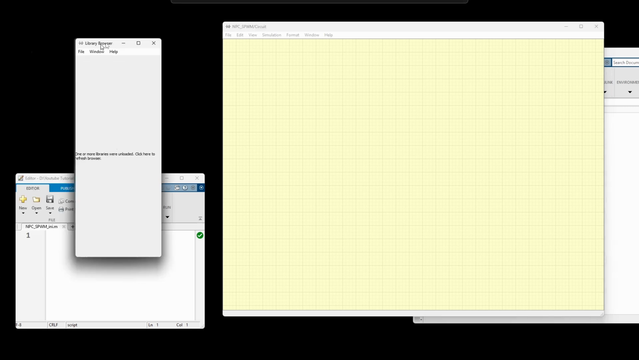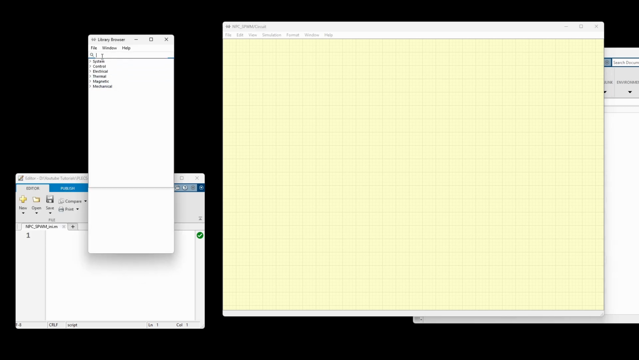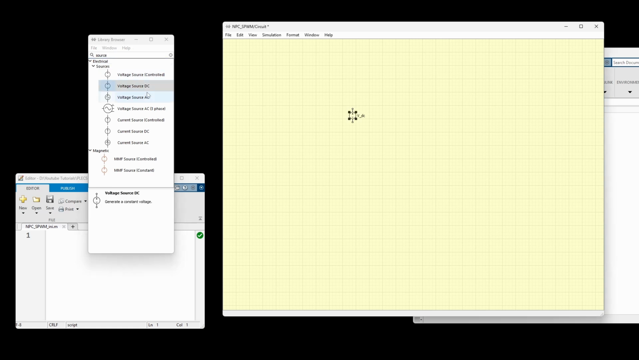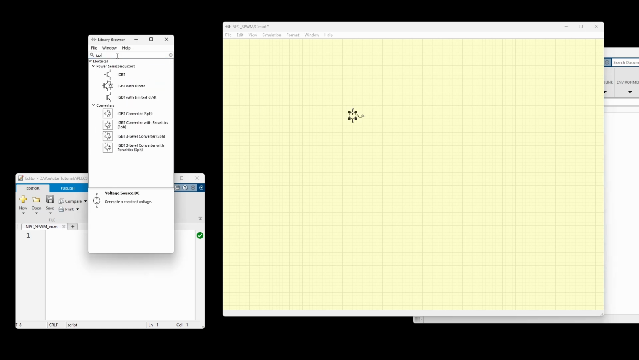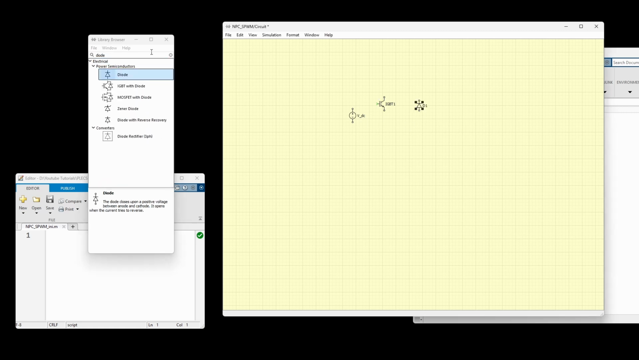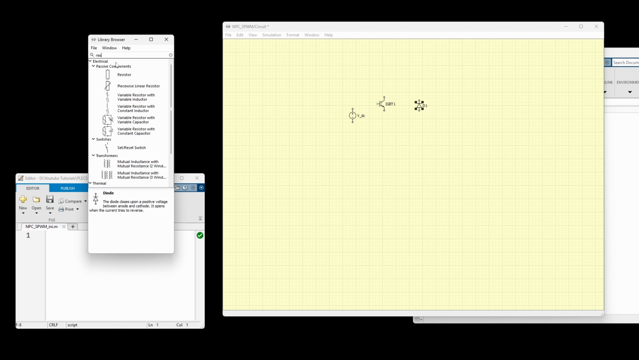Press Control L to open the library browser, and let's bring our necessary components here. I'll start with the DC voltage source, IGBT, diode, resistor, inductor,